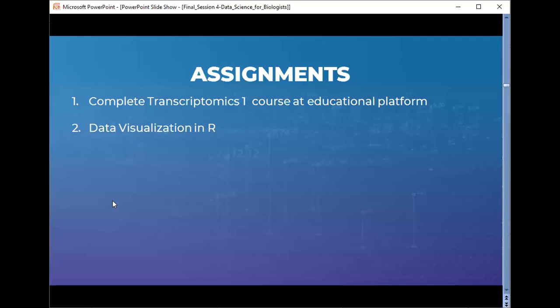The last time we asked you to complete these assignments. So how many of you were able to complete both of these assignments or any of these assignments? Just type your answer in the chat box. If you have completed 1 and 2, just type 1 and 2. And if you have completed any one of them, just type 1 or that particular option.